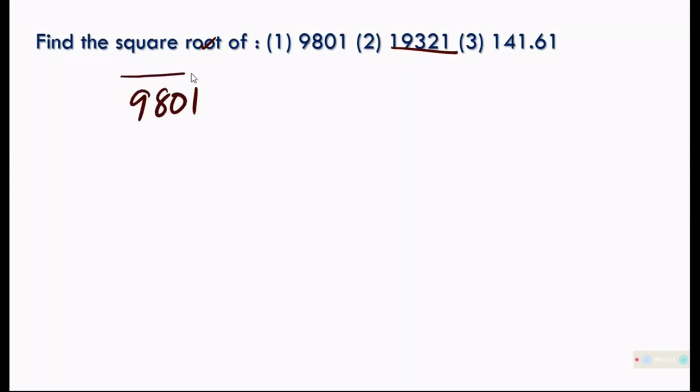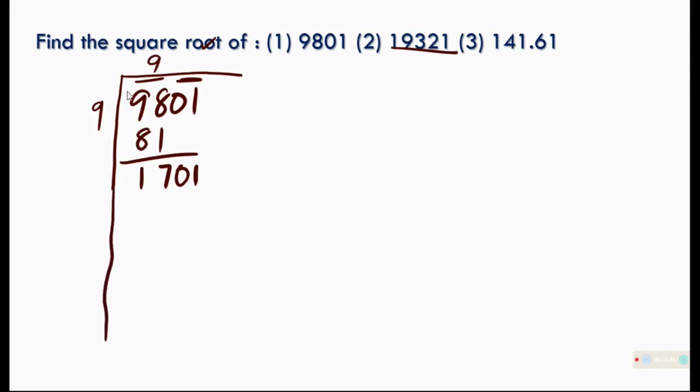9801. तो वही मेथड में करने जाएगा तो क्या करना पड़ेगा, सेट बनाना है 2 का. 98 के नीचे कौन सा स्क्वायर है, 81 है, तो मैं 9 डालूंगा. 9 9s are 81, बैलेंस आएगा इधर 17. 01 को साथ में नीचे डालेंगे. 9 का डबल, जो क्वेश्चन है इसका डबल 18